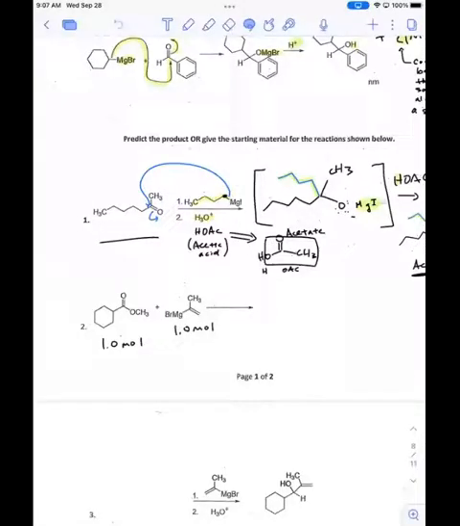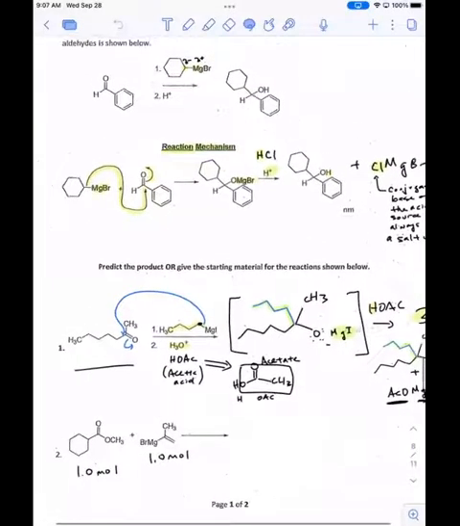All right, so yesterday we started talking about addition of Grignards to carbonyls, and we went through the mechanism. There's a couple of things that we need to remember and understand about this process. Number one, the carbon of the Grignard is the nucleophile. Second, once that nucleophile attacks the carbonyl,